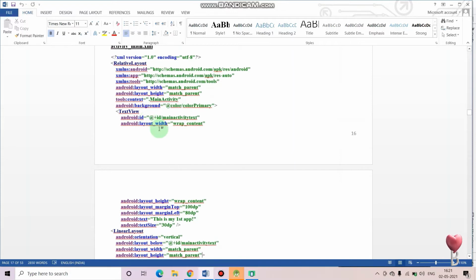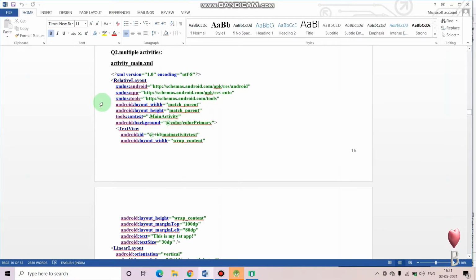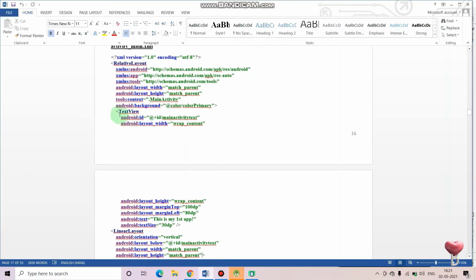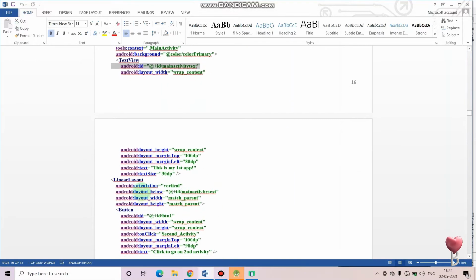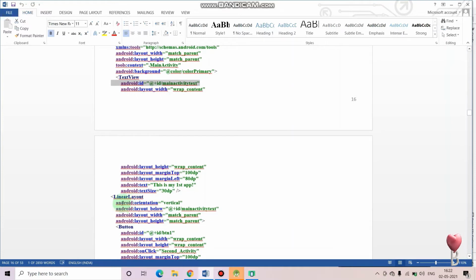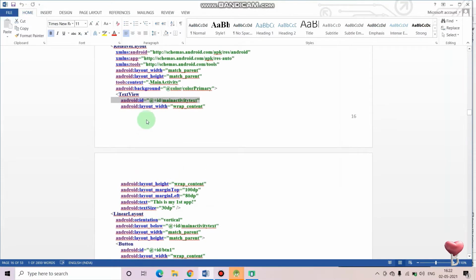See, what I want here is, I have created the text view and I have given the ID to it with the name main activity text. Okay, I have written here android:layout_below main activity text, which means this linear layout should be below this text view.